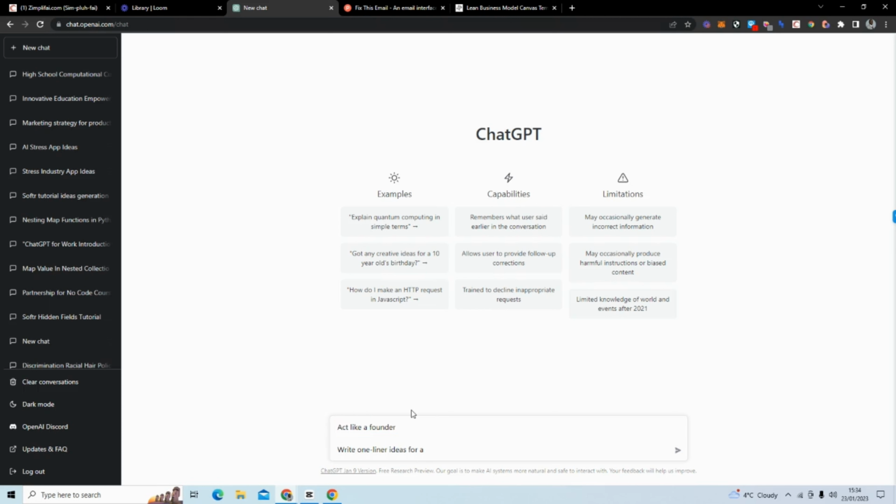And the first thing I'm going to do is tell it how to act. So you can typically tell it, act like a founder, act like a product manager, act like a software engineer, act like whatever role, and it will craft the output like it is that particular role. So here we put, act like a founder, write one liner ideas for a project, and if we head back,